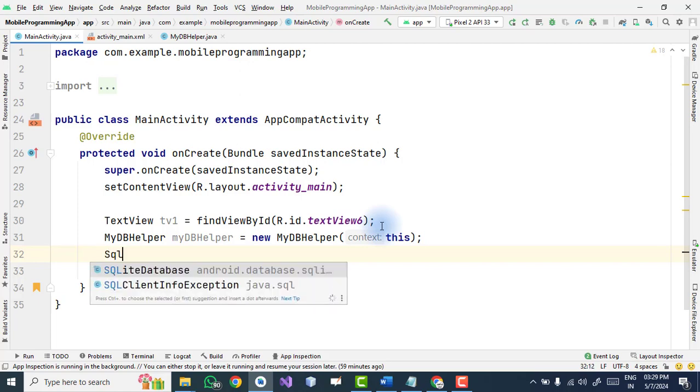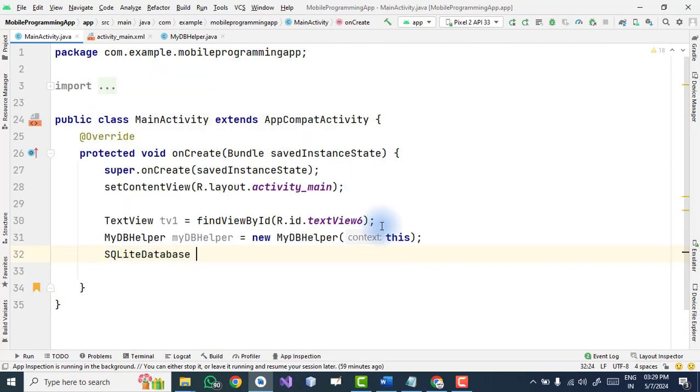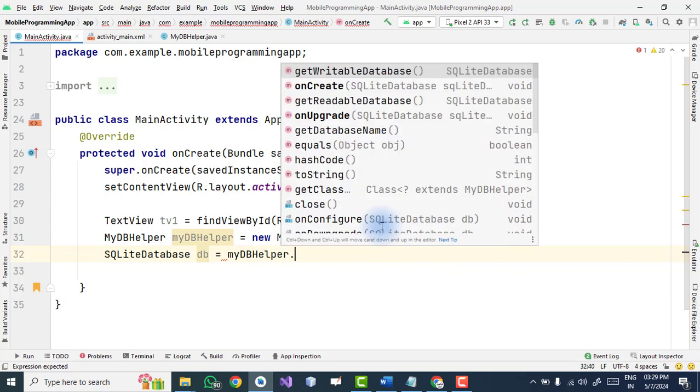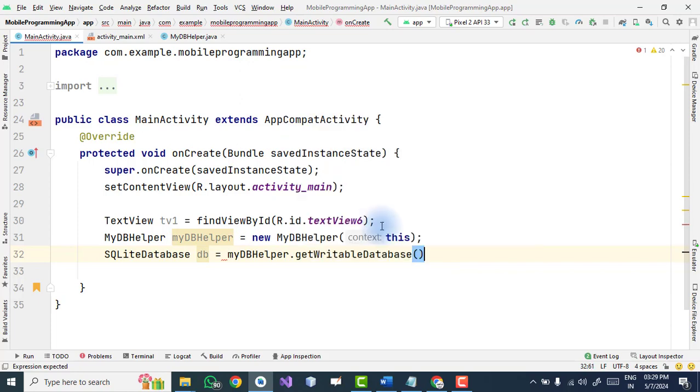Then SQLiteDatabase db equals myDBHelper.getWritableDatabase, and then we write a text on the text view, setText, table created.